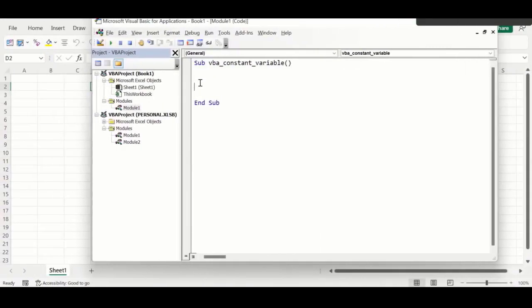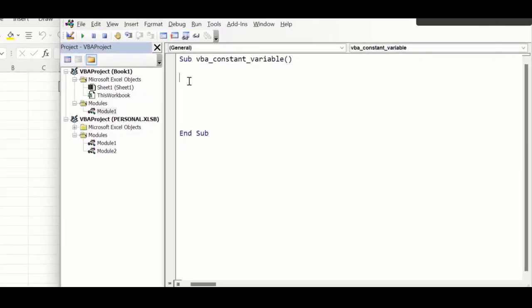Now, the difference between constant and variable, as the name suggests, is that in a constant you can save a value, but you cannot change that value after that. But in a variable, you can save a value and you can also change that value if you want. So we'll take an example to understand what is a constant and what is a variable, right? So let's suppose I want to save my date of birth, which is a fixed date, so I will not change my date of birth,